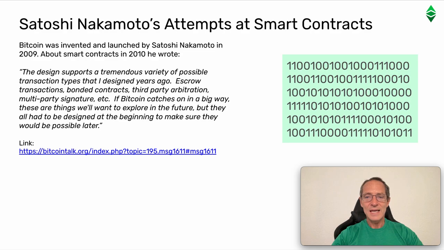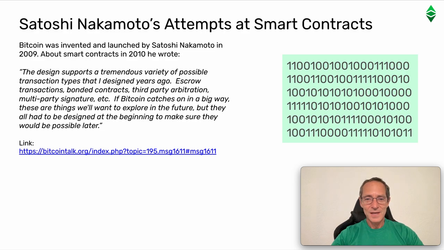Satoshi Nakamoto's attempts at smart contracts. Bitcoin was invented and launched by Satoshi Nakamoto in 2009. About smart contracts in 2010, he wrote, "The design supports a tremendous variety of possible transaction types that I designed